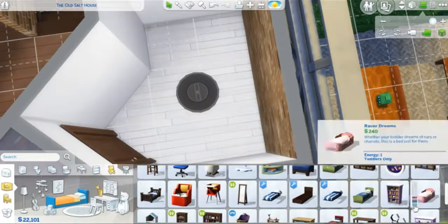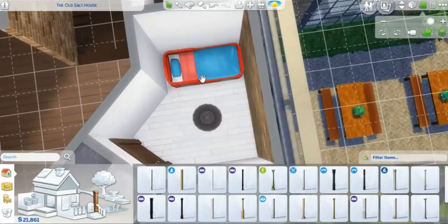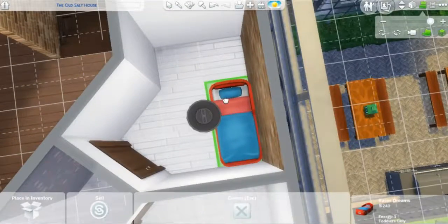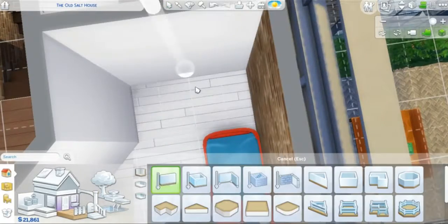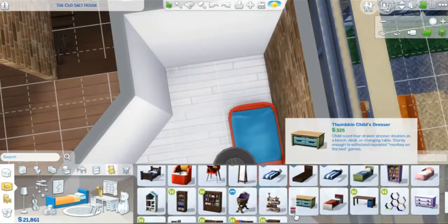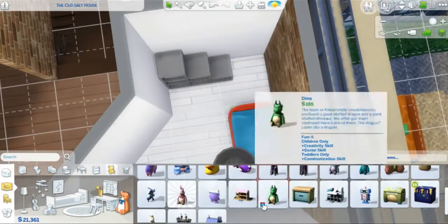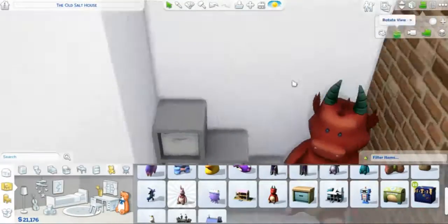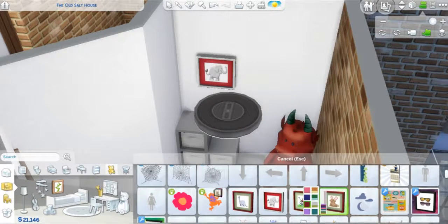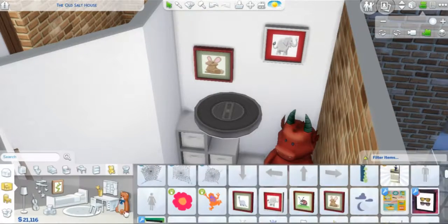So this house is basically, in my head I thought, this could be a mother and a son. So this little tiny room you see here is going to be the toddler's room, and I'm surprised actually how much I do fit into this room, because we get a side table, a little drawers, and the bed, and then we get a good amount of toys at least. We don't have a toy box, but we have toys, so I think that's okay. The one thing I did forget to put in this build though is a high chair. We do have a potty, which I must say I did not test to see if that works or not, but